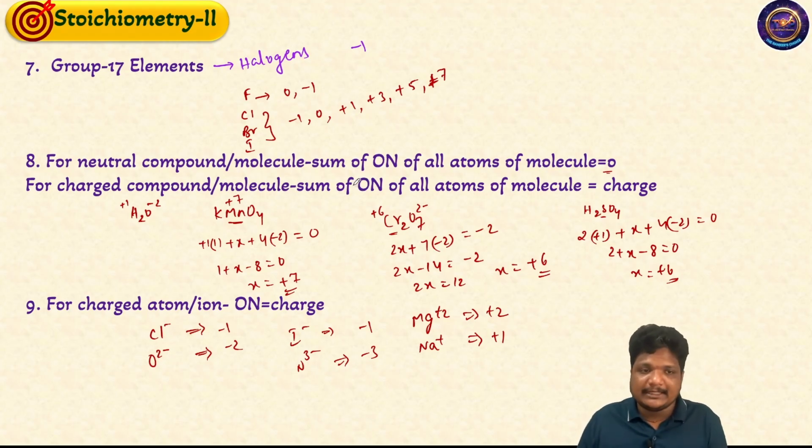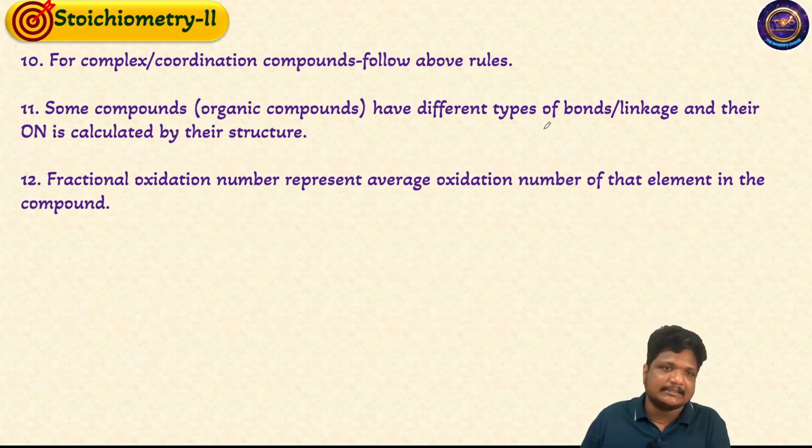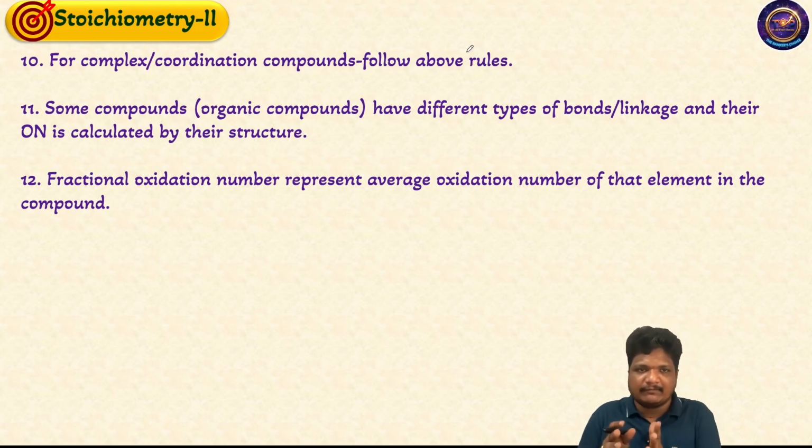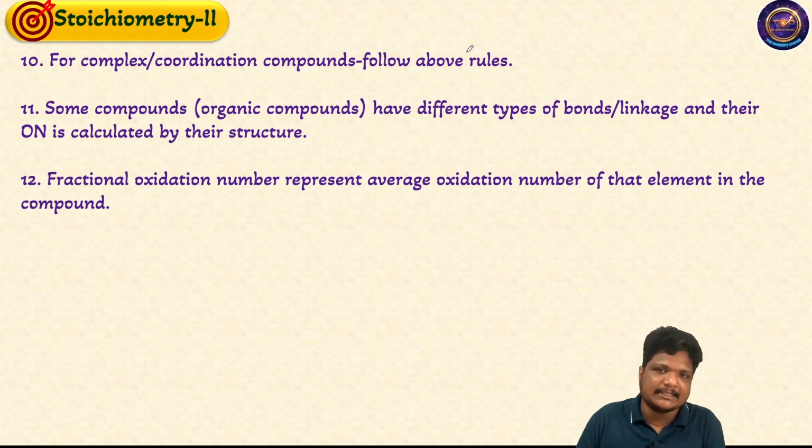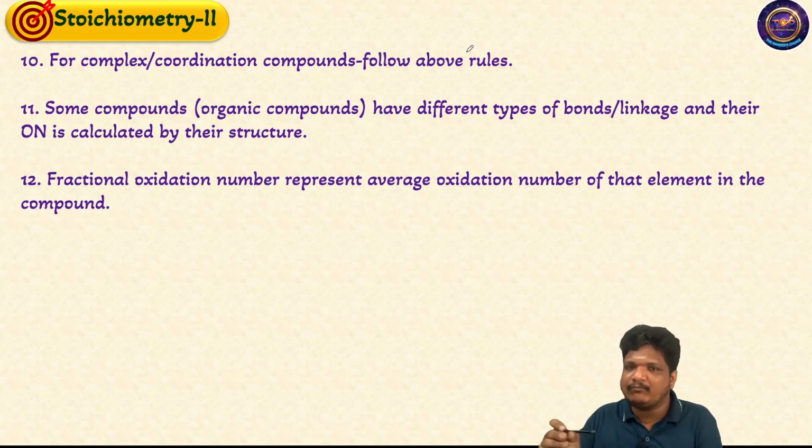Now let us see the next rule, that is the 10th rule. For complex or coordination compounds, follow the above rules. In the case of coordination complexes, we can also calculate the oxidation number by using the rules which we have already discussed above. So the next one is, some compounds or organic compounds have different types of bond linkages and their oxidation number is